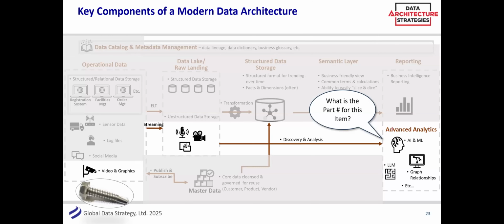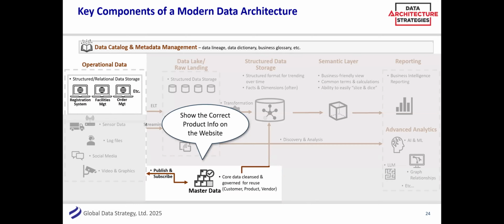So another one is, what's the part number for this item? That might be really more of a graphic. I have a picture of the part. I want to put that into my data lake and do some pattern recognition. And then, yes, of course, you'd have to join that up with your warehouse or master data to get the actual part number. But a lot of that is some of that more AI stuff that we were talking about that's pretty cool. I didn't do that back in the day. If someone did, I'd like to hear about it. But that's pretty cool to me.